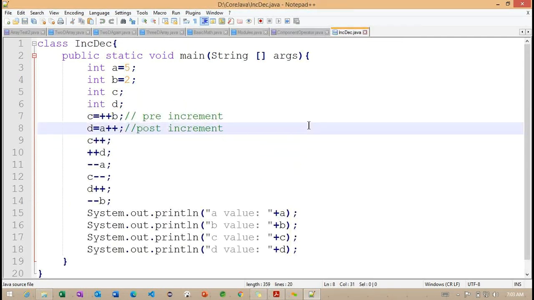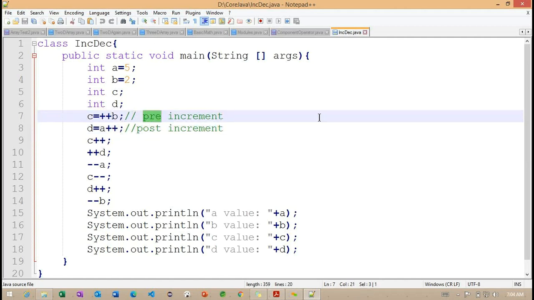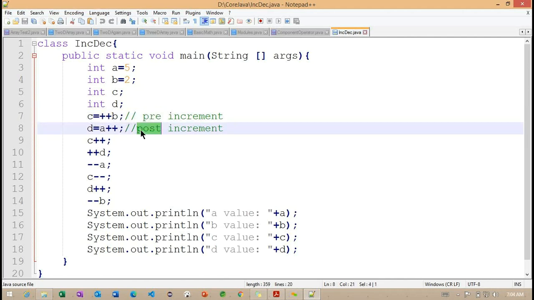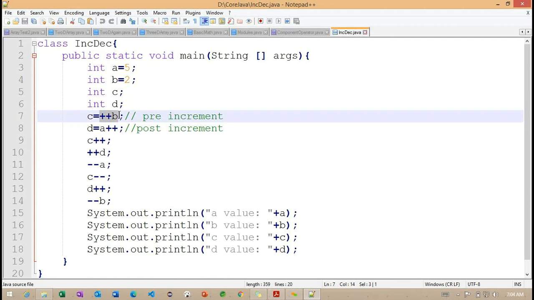Finally, we checked the increment and decrement operators. Inside the increment and decrement, we have two types: the first one is pre-increment and the second is post-increment. With pre-increment, the value is going to increase first, and with the increased value the operation is performed. Getting the point?